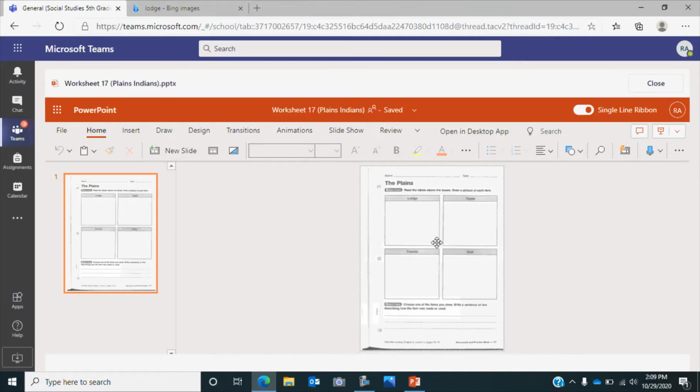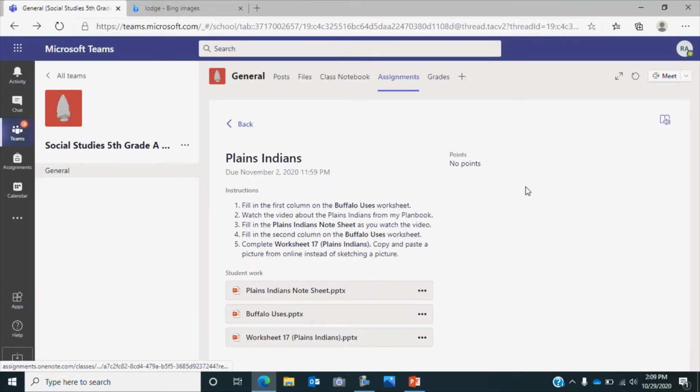So either copying and pasting a picture into there or drawing a picture on a different piece of paper or printing this off and drawing it in there and then sending a picture of that to me in Teams or email. And then finally down at the bottom, you're going to choose one of these items that you drew or found a picture of. And then you're going to write a sentence or 2 describing how the item was made or used. And once you have your 4 pictures and then your sentences, then you'll click Close,